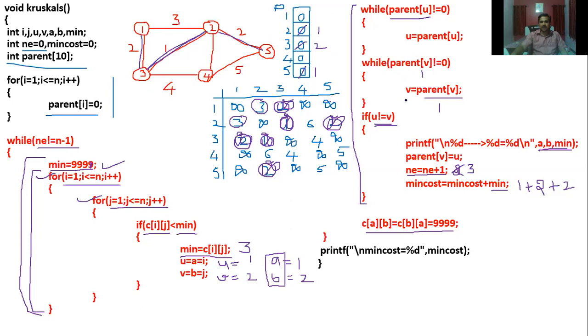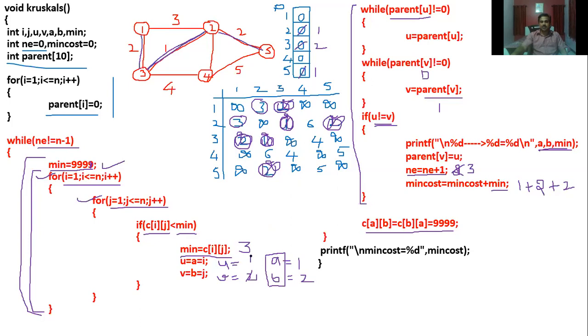And this 1 will be assigned to your v. So now this v is going to be 1. Again, in a loop, parent of 1 is going to be 0. 0 not equal to 0 comes out. Now see this u and v value. U is also 1, v is also 1. Suppose there is a cycle formation, both this u and v value will be the same.